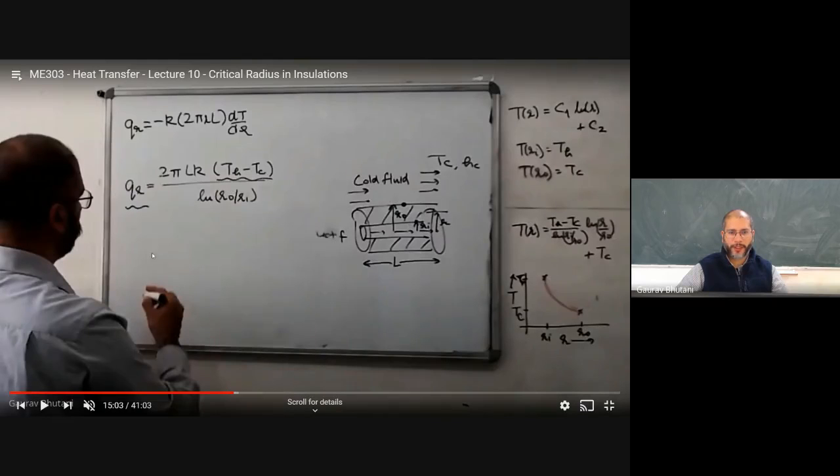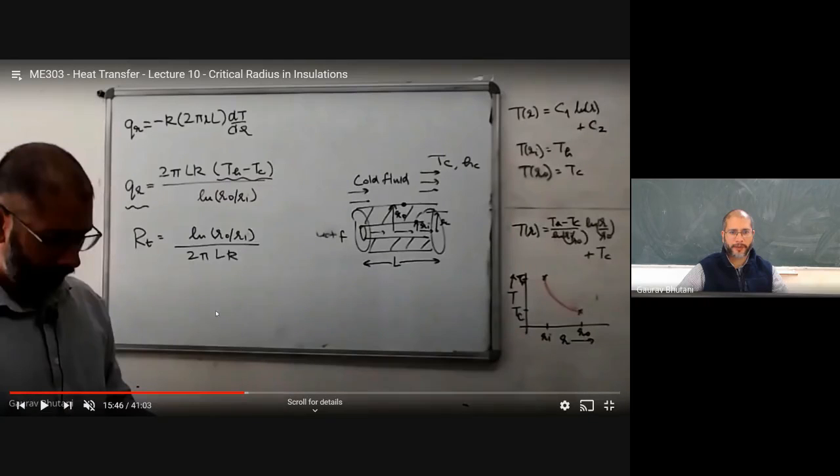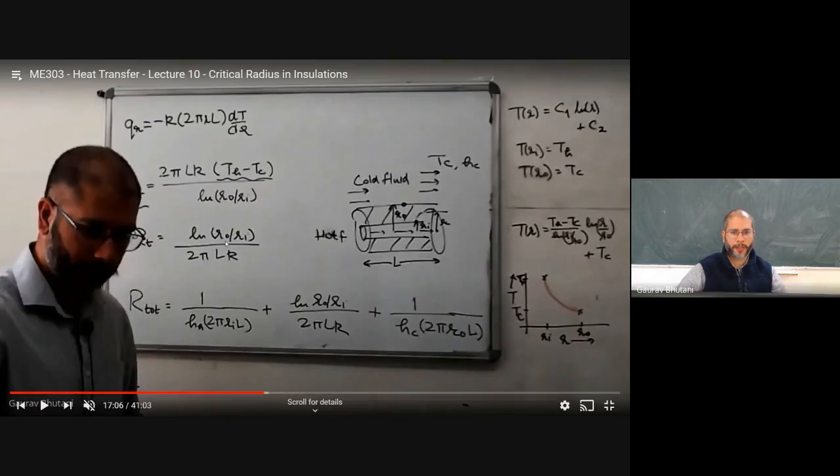Then, since we had the expression for the temperature inside the solid insulation, we wrote the expression for the rate of heat flow, the watts, and we found that this rate of heat flow helped us define a thermal resistance for these kinds of cylindrical systems. That was log of r naught by ri divided by 2 pi L times k. So we used this idea to write the overall resistance in this case.